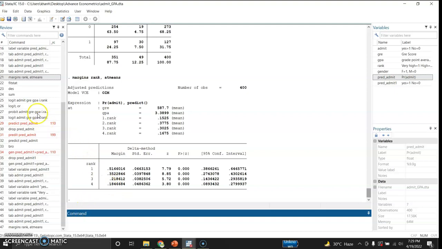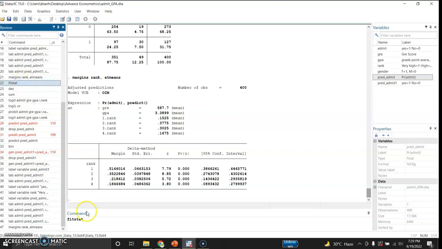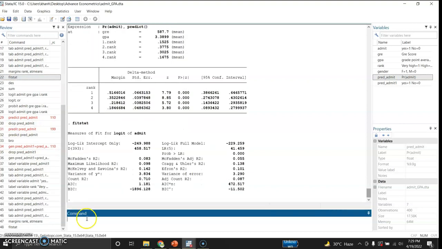I can also ask Stata to give me various statistics, and the command is fitstat. So by fitstat I get all these things. You see, log likelihood intercept only, and this is log likelihood of the full model. This is the likelihood ratio, and this is the p-value of the LR.